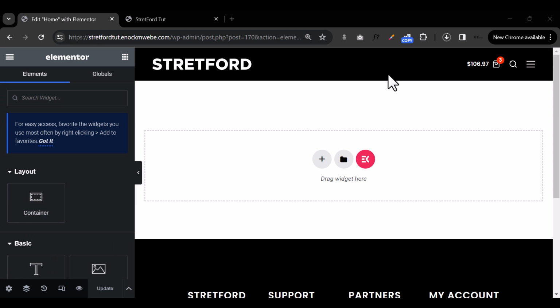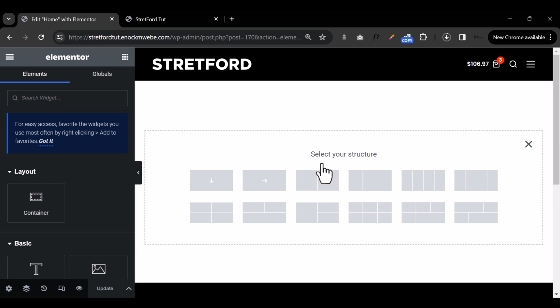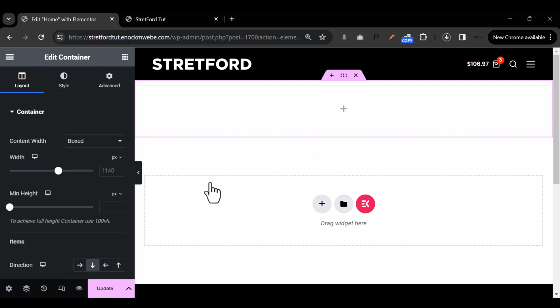If you're familiar with Elementor, it's going to be really easy for you, but this is just a basic drag and drop, and I'm going to explain everything I'm doing as simply as I can. Okay, so let's get started. First, we need to add a box or a container. So we're going to add one with a direction arrow pointing down like this, and I'm going to add a